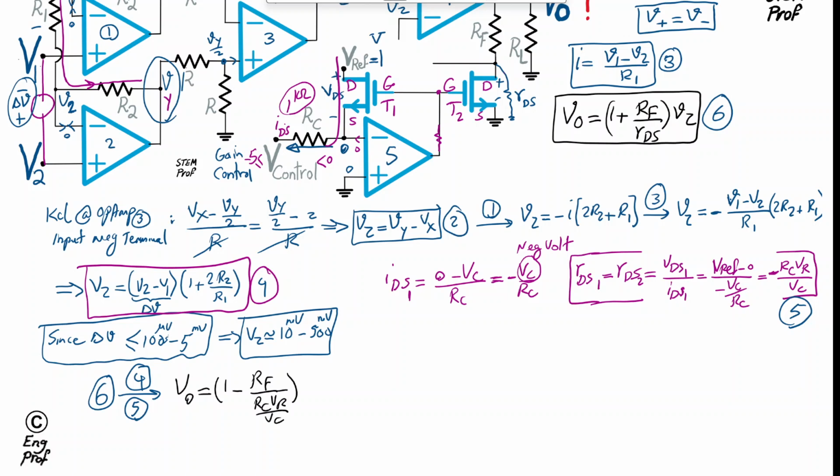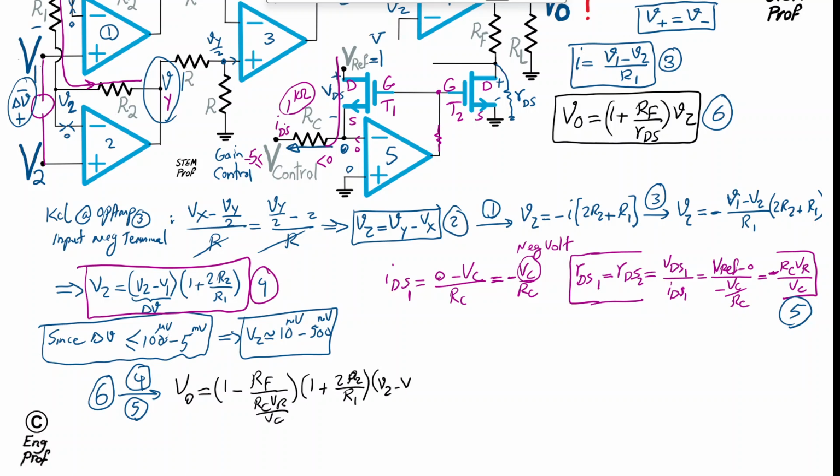But Vz now is the one that I'm going to substitute from equation 4, which defines Vz as a function of delta V, or V2 minus V1. So it's going to be 1 plus 2R2 over R1 times delta V,